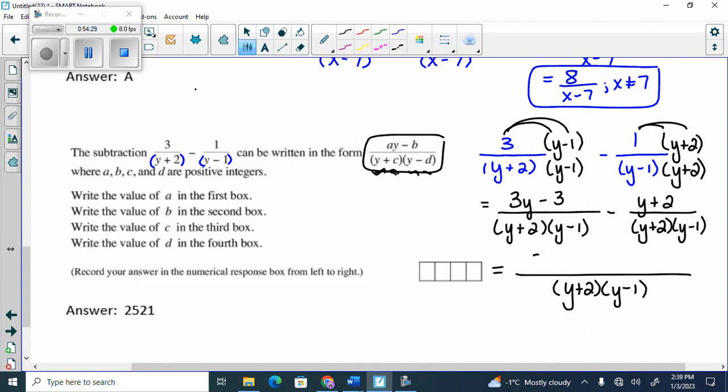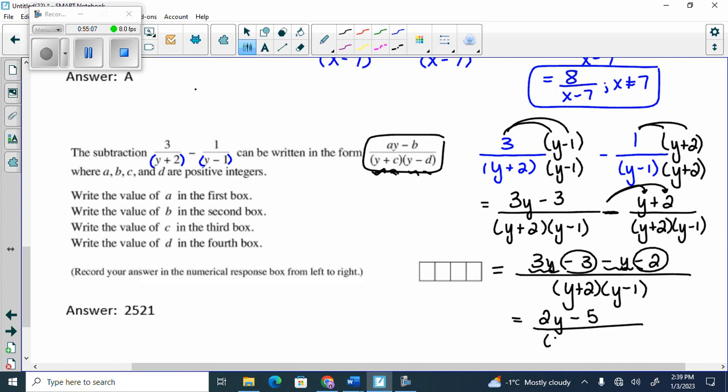Now I'm going to get 3y minus 3, and then the common error is going to be for you to forget to distribute that minus 1 through. If you do not remember to do that, every single question on your diploma that has this will be wrong, and every single unit test question, and every single one of your mock test questions will be wrong. So do not forget to distribute that through. So we're going to get minus y minus 2. Then you collect like terms. So we get 3y minus y is 2y. And then minus 3 minus 2 is minus 5